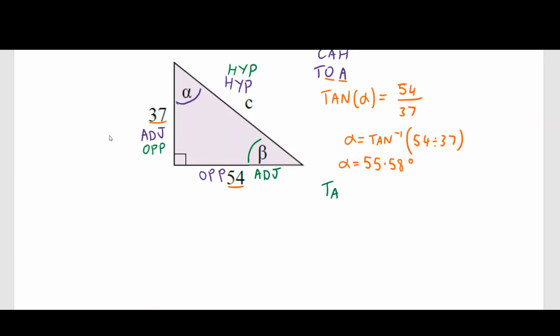So tan of beta is equal to the opposite over adjacent, which is 37 over 54. Beta equals tan to the -1, 37 divided by 54. Beta equals